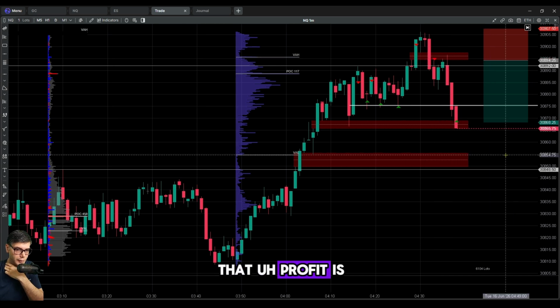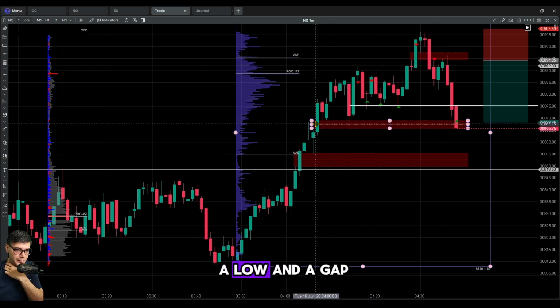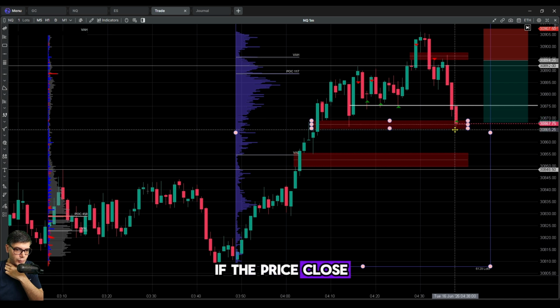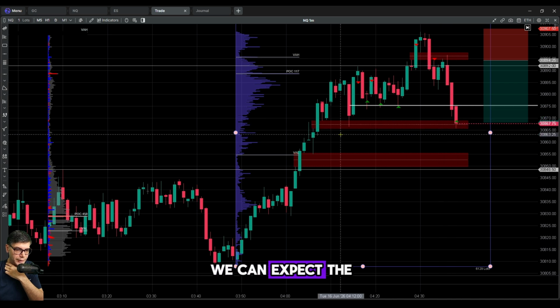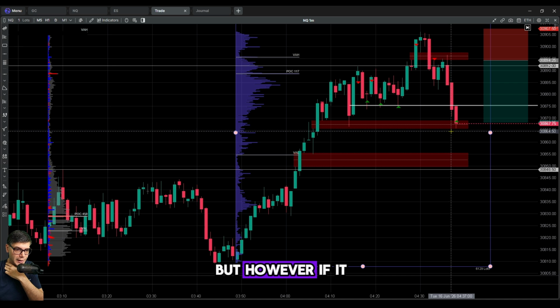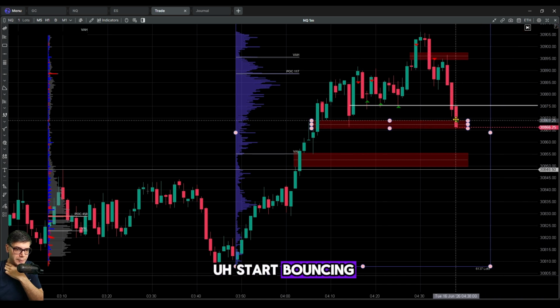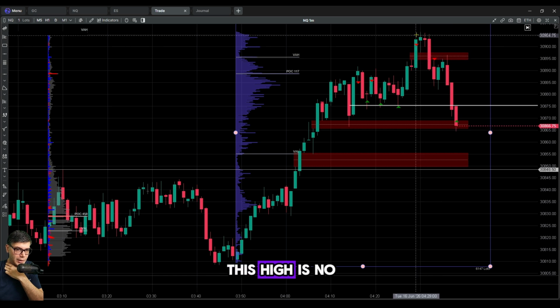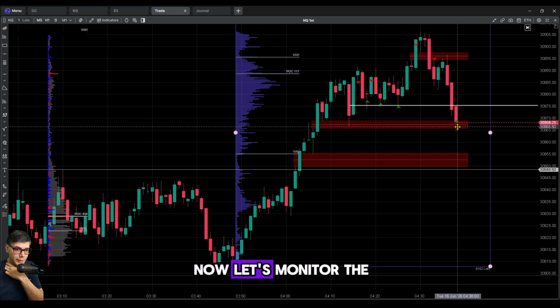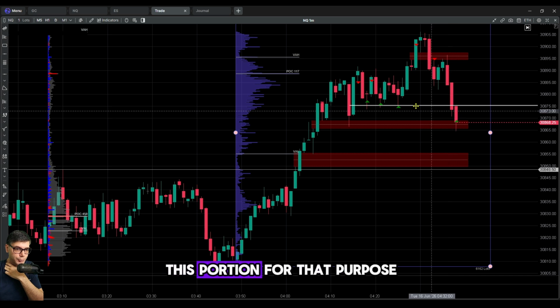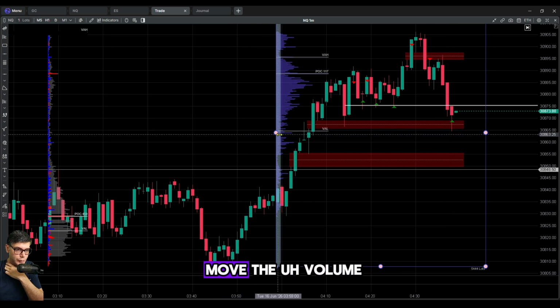That profit is taken. Now we have a low and a gap. If the price closes below this gap, we can expect the market to go lower. However, if it takes this low and starts bouncing, this high is no longer safe. Now let's monitor the price action in this portion. For that purpose, I would like to move the